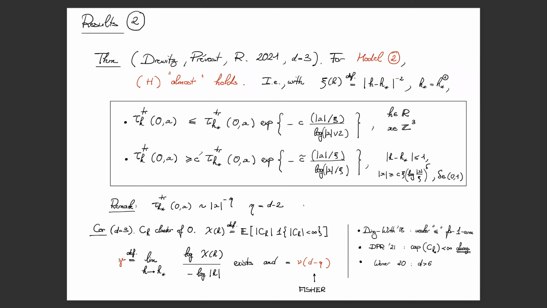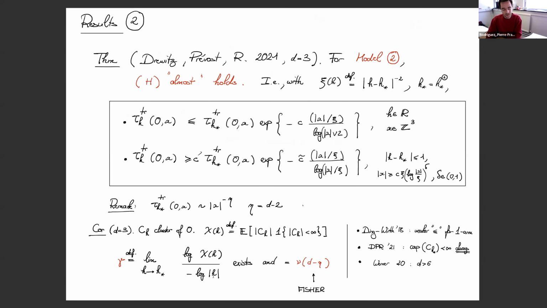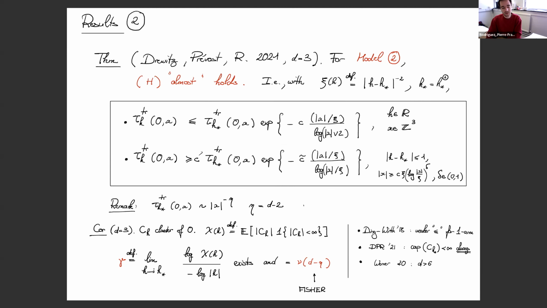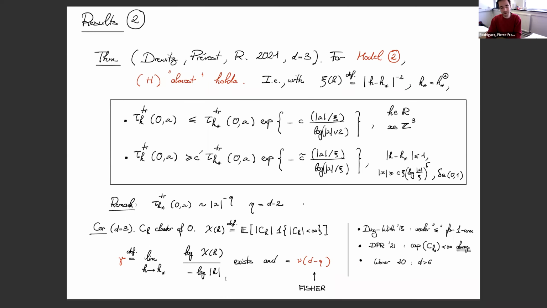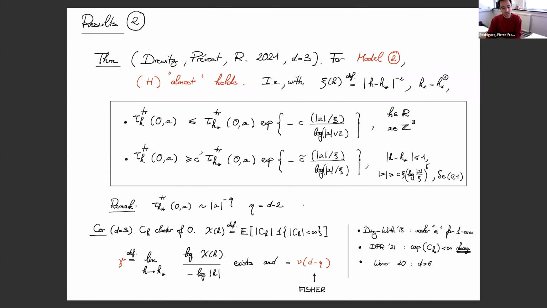And so here you're using this a star equals 0, right? So that's there. Usually you don't need to know that. So then actually in the definition of gamma, you should divide by log of the distance from the critical value. But if I write h minus h star here, then yeah, you don't need this information to do this calculation. Indeed, if I write this, I should write minus h star here. You're completely right. Okay, so this exists and is equal to the value which is predicted,